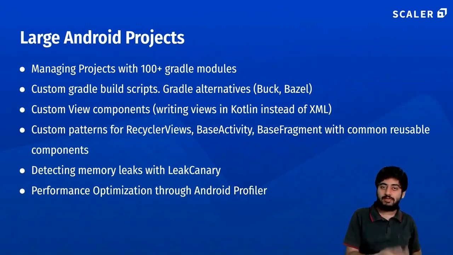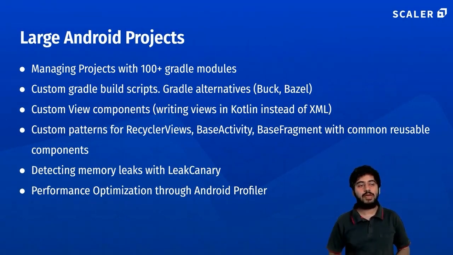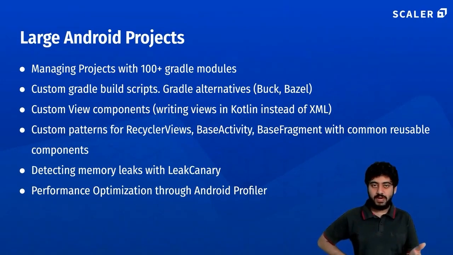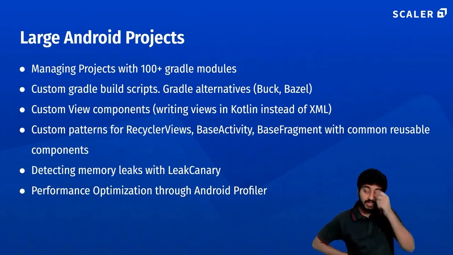There could be analytics of the build itself, so if somebody's build fails, it triggers an alert automatically. Pulling in different security keys which are needed to build, those kinds of things you have to write down in a build script. So understanding how Gradle works, and how alternatives to Gradle like Buck, which is made by Facebook, and Bazel, which is made by Google, work.